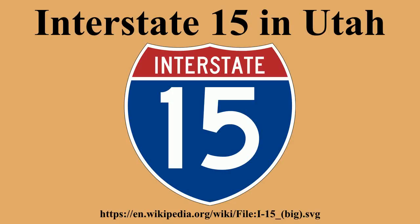After leaving Midvale, I-15 enters Murray and immediately reaches the junction with I-215, a beltway running through many of Salt Lake City's suburbs. Past this interchange, there are 2 more interchanges in Murray. The first is at 5400 South and the second is with 4500 South, Taylorsville Expressway. After this interchange, the freeway leaves Murray and passes through the western end of Millcreek before entering South Salt